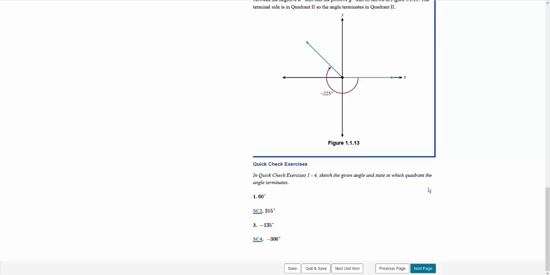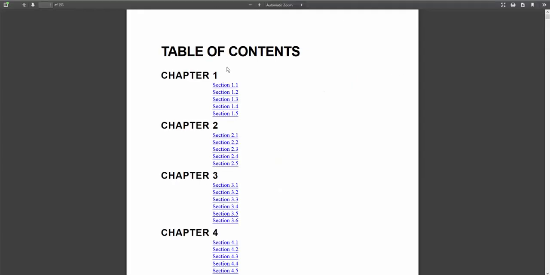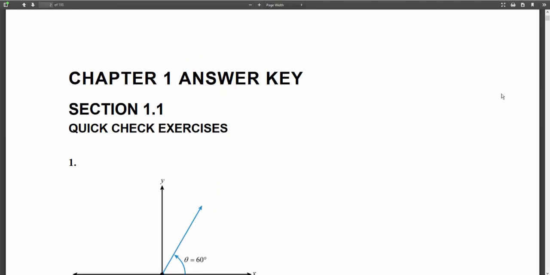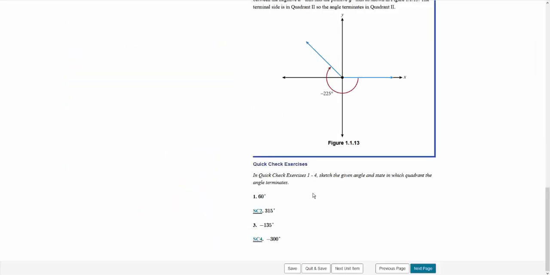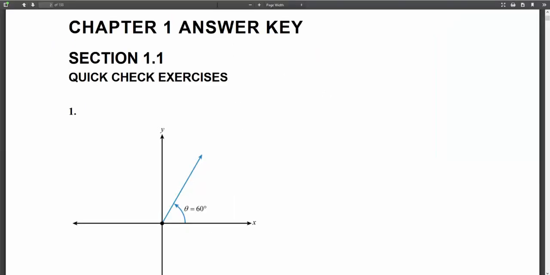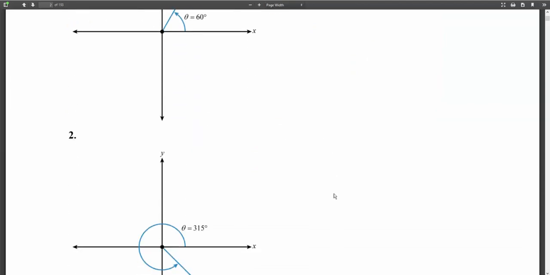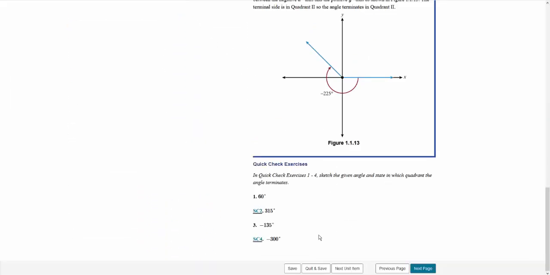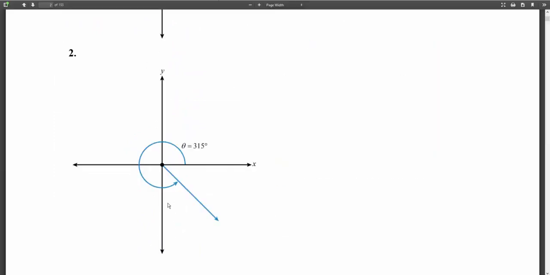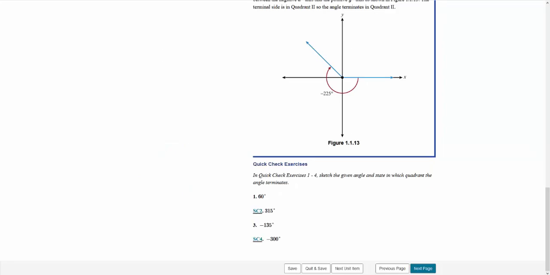And notice I still have open up here the quick check exercise answers. I would have it open if I were a student. I would do number 1, then quickly go over to see if I got number 1 correct. Then number 2, and see if I have it correct. And if I don't have it correct or I don't understand,